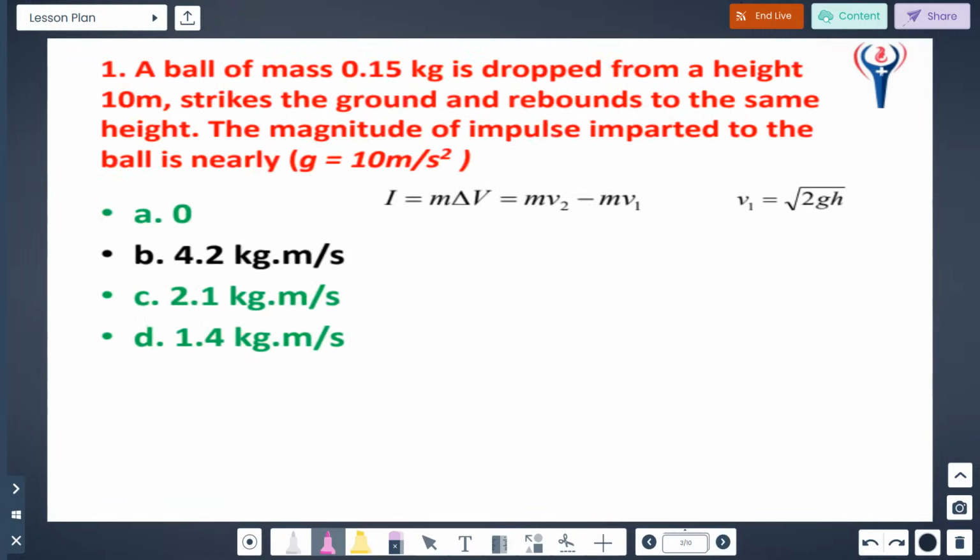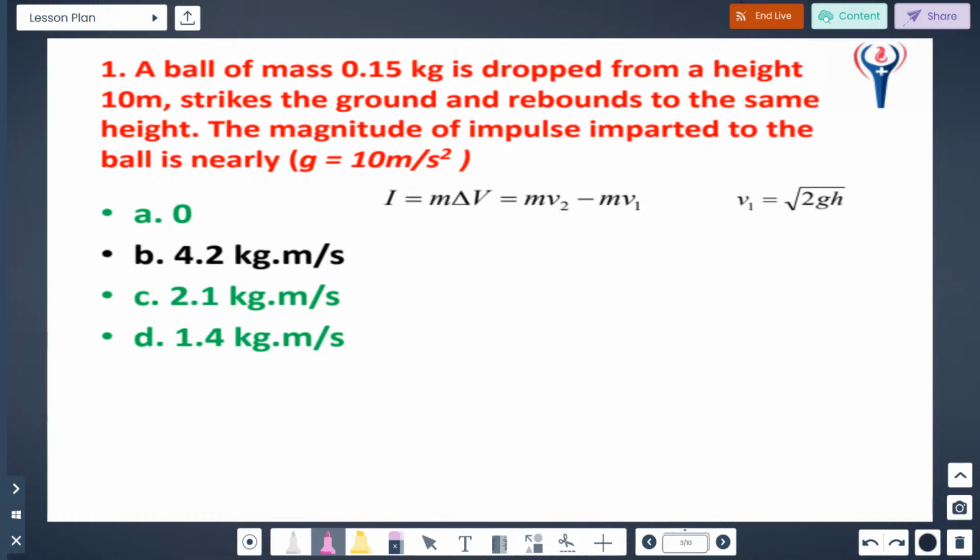A ball of mass 0.15 kilogram is dropped from a height 10 meter, strikes the ground and rebounds to the same height. The magnitude of impulse imparted to the ball is nearly dash. Given g equal to 10 meter per second square. Yes, option B, 4.2 kilogram meter per second is the correct answer. Formula is impulse equal to change in momentum, that is